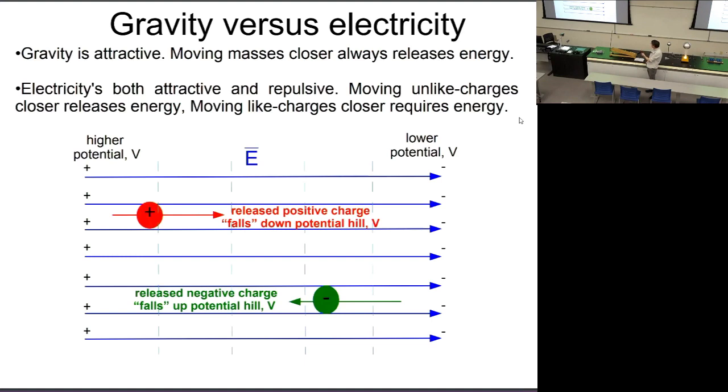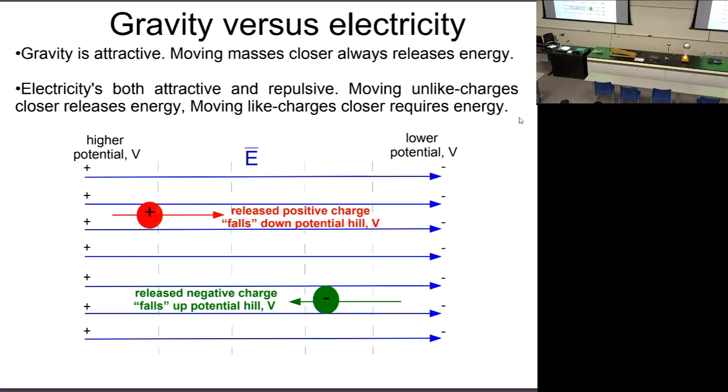If we release a negative charge, it actually rolls up. It's natural for it to roll up the potential hill. So that's an important difference. You see this negative charge, it's rolling up the potential hill. It's being repelled by the like charges on the left, and it's being attracted by the positive charges on the right. And so that's an important thing to bear in mind, this complication with electrical potentials that makes it quite distinct from